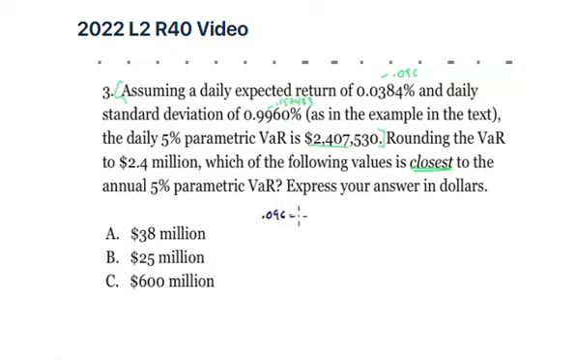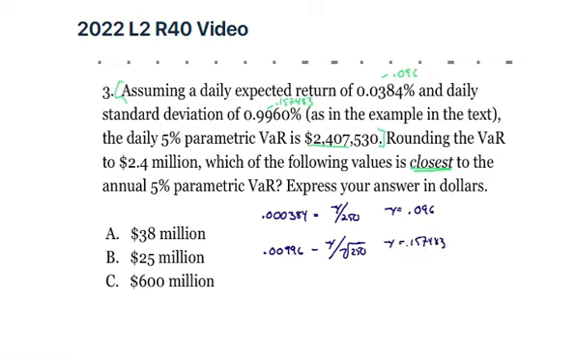0.000384, that's the daily number, right, was equal to the annual number divided by 250. So all we have to do is cross multiply, solve for x. We'll find that x is 0.096. And we can do the same thing with the daily standard deviation. We know that 0.00996 was equal to the annual standard deviation over the root of 250. So all we have to do is cross multiply for that, and you'll find that x is equal to